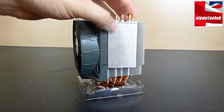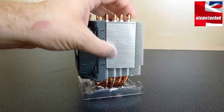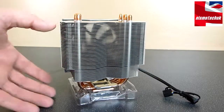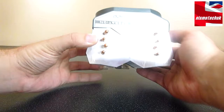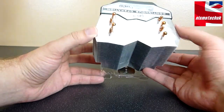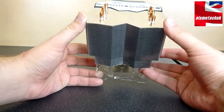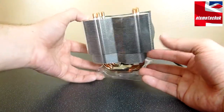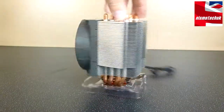Moving on to the actual fins of the cooler, there are 45 of them in total, and they are 0.5mm in thickness. And as I turn this around so you can have a look at the top, I really love the aggressive sort of shapes and lines that have been cut into the fins themselves, and the heatsink. It looks really good indeed, and it looks quite a mean